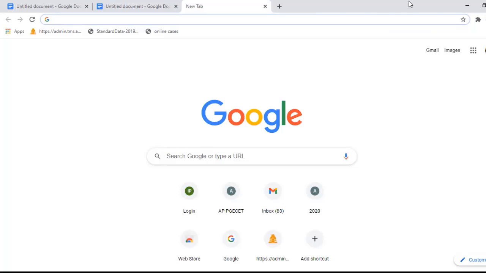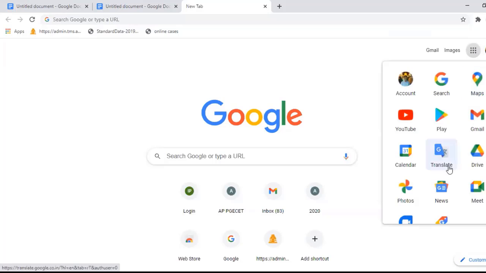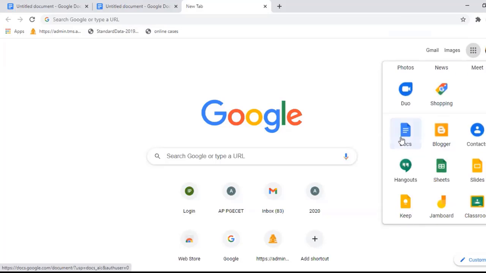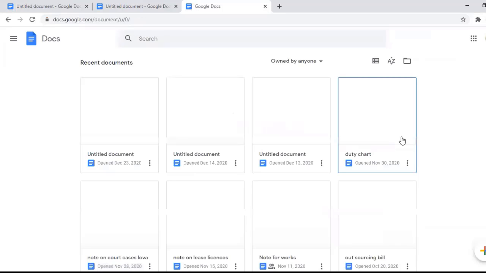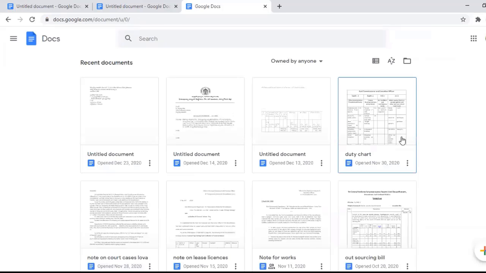So we can see there are dots icons where you can see all the apps that have been developed by Google. You just click on the documents, Google document. This is the main menu page of the Google documents.